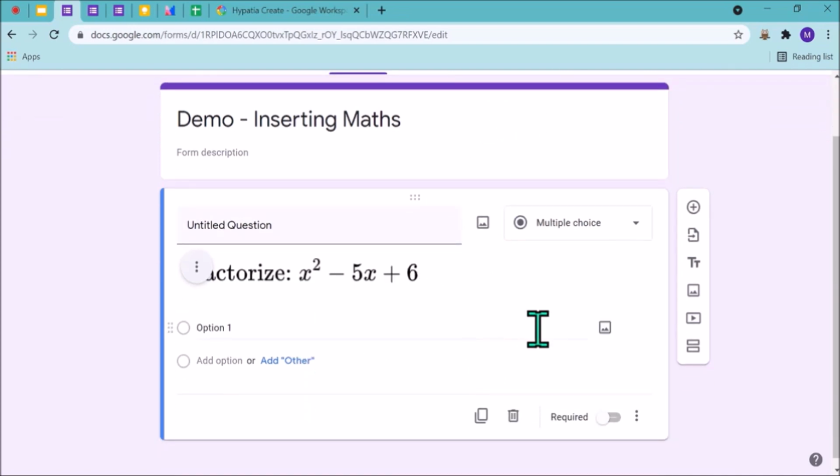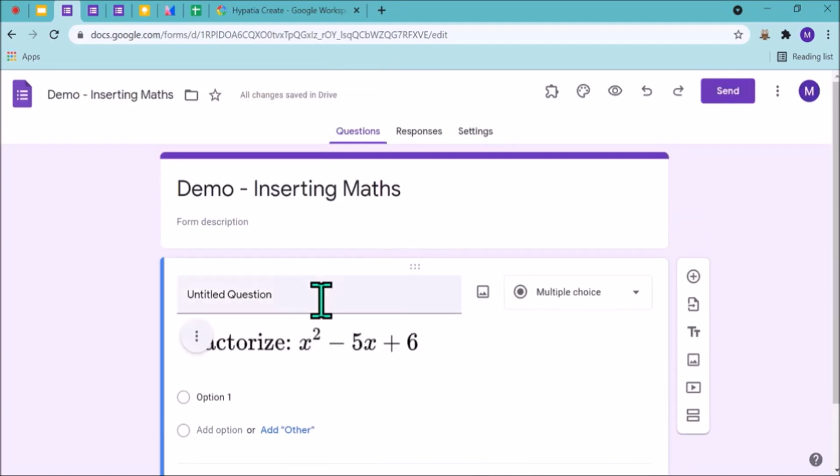I have just used the keyboard. These are tips and tricks I am telling you: use the keyboard as much as we can. For the quadratic equation, I have just used the keyboard. For power also we can use the keyboard, and for underscore also. Let me just show you this again.